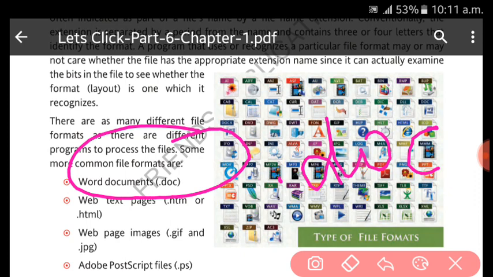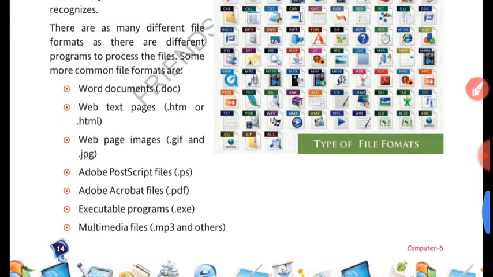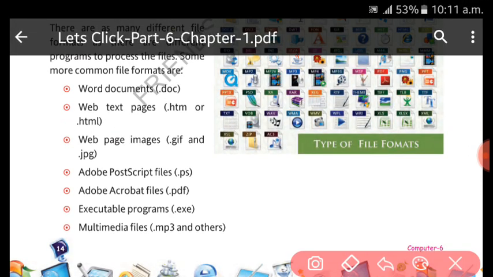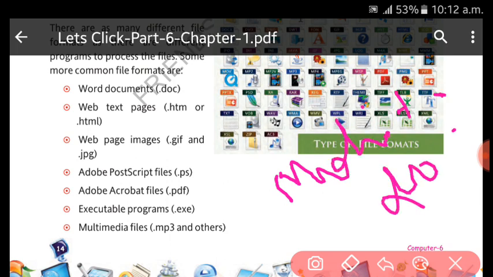Remember, if the files are not displayed with icons, it is not possible to identify what kind of file it is. With the help of icons we can easily identify, but there is one more way to identify: the file format. It is always written at the end of the file name. If a person's name is Mohit, the file name will be mohit.doc. This is a document file.